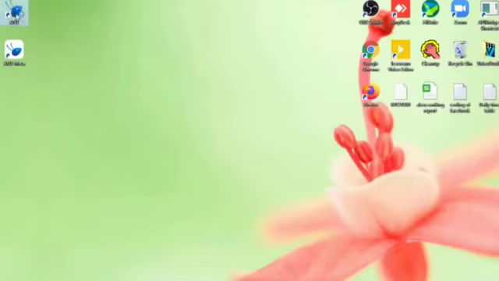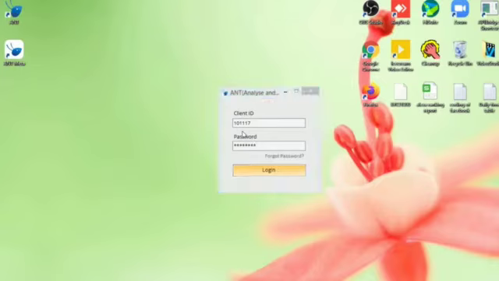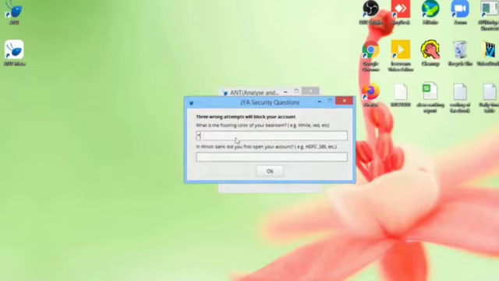Click on the Ant Desk icon. Log in with your credentials. Click on OK.